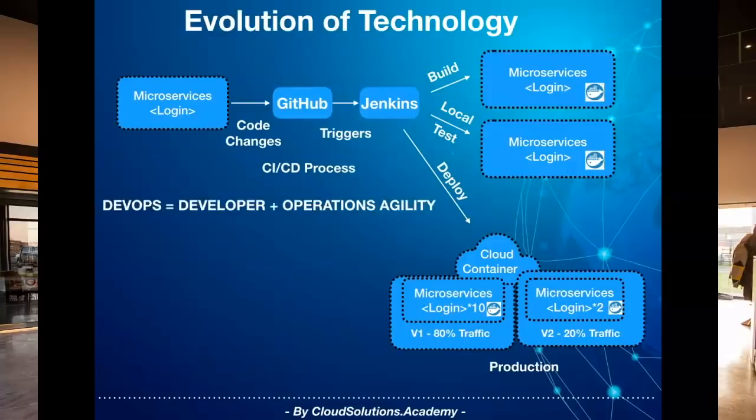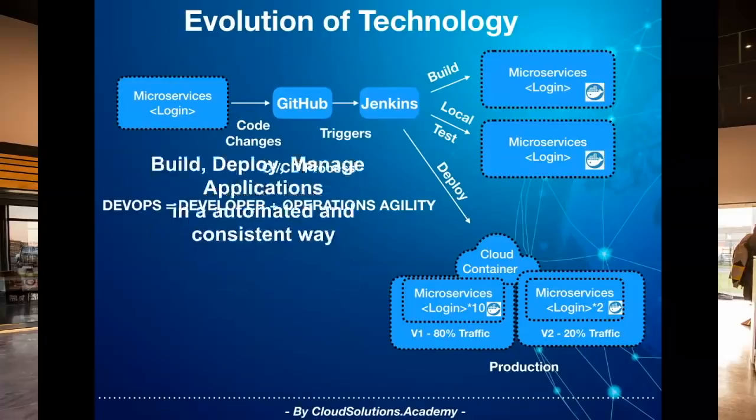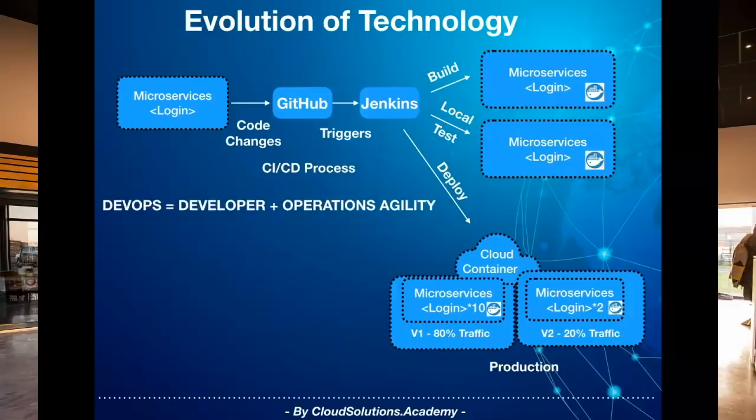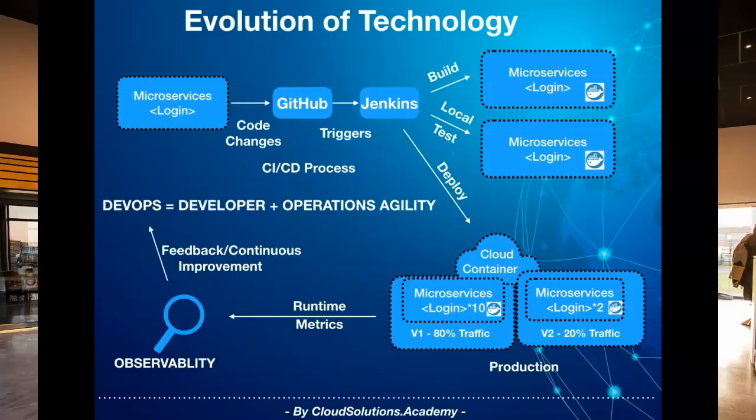So CI/CD came under the DevOps umbrella, where there was a tighter integration required between developers and the operations team to build, test and deploy code in an automated and consistent way to improve agility and roll out new versions quickly, and bring in observability through logs and metrics like API latency and CPU utilization, and use the feedback to continuously improve either the code or optimize the infrastructure and services and bring in more agility to the overall process.